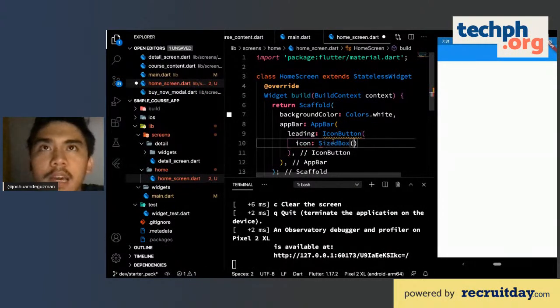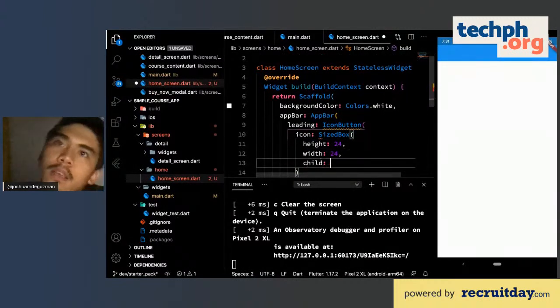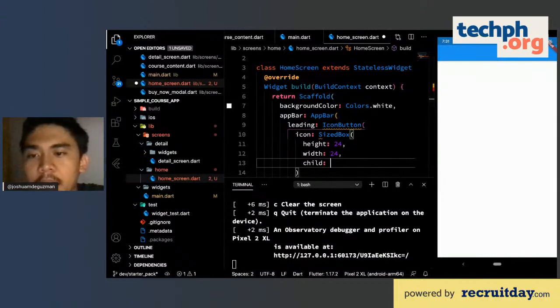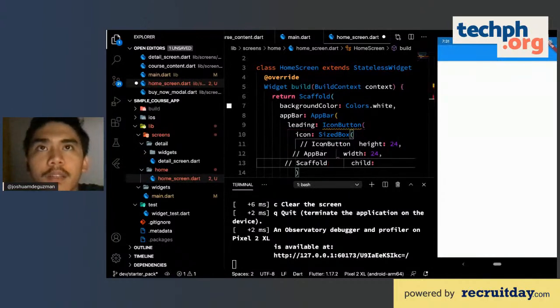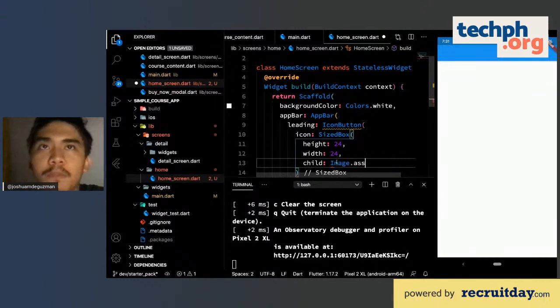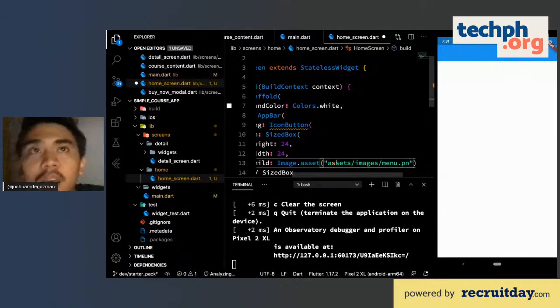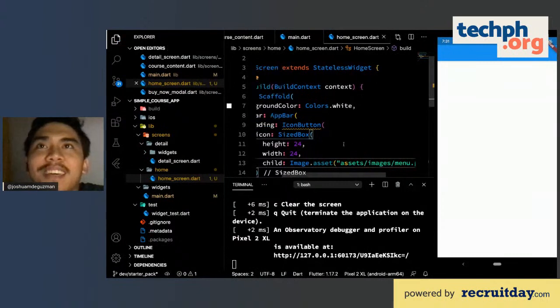We have a height of 24 and a width of 24. And in this one, I'll show you how you can use the asset that you previously imported, if you're following. So images, menu.png. Okay.